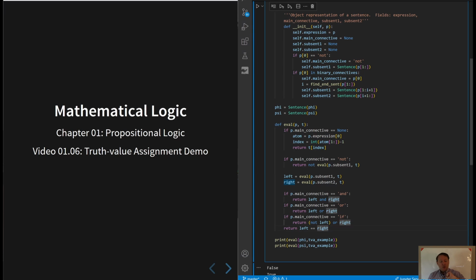Sorry, and maybe as a point of clarification here, T is actually not a truth value assignment, right? It's an atomic truth value assignment, and the function eval is the extension of that atomic truth value assignment so that it can evaluate any sentence. So in a sense, eval here is the truth value assignment based on the atomic truth value assignment T. Anyway, the definition of eval is basically just the semantics that we gave for truth